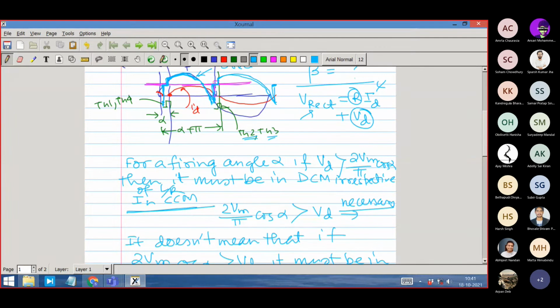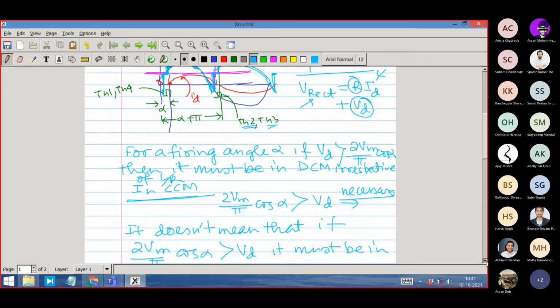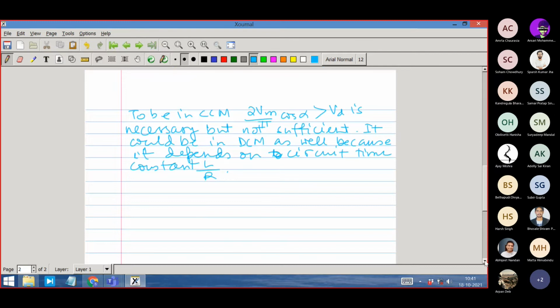But if we are very specific, we then have to solve the equation. So I am now talking about how to solve the equation. First, I will talk about how to solve the equation for DCM mode. Let us solve the actual current equation and find the ID expression. In order to write the ID expression, we write the equivalent circuit. This equivalent circuit is R, L, and VD in the DC side.